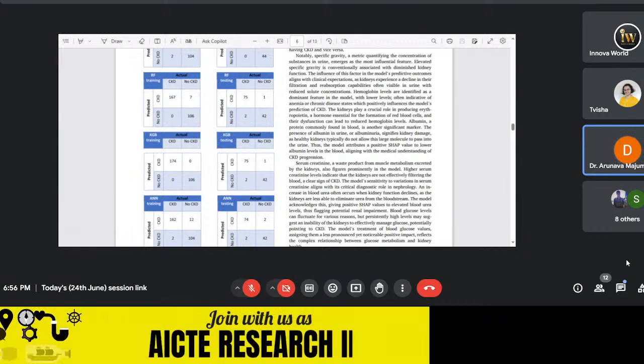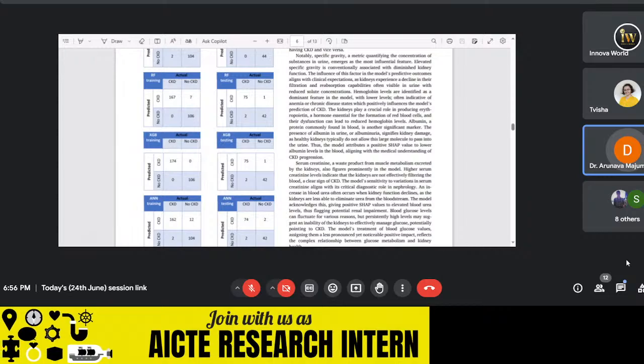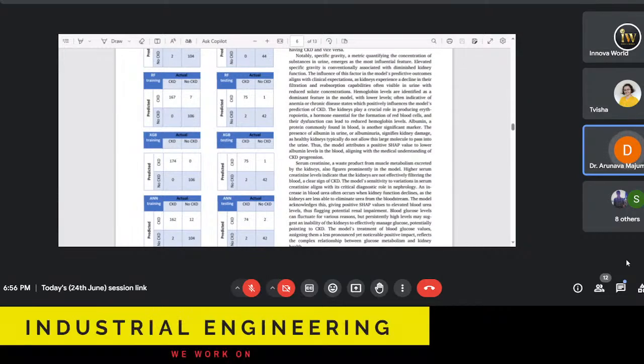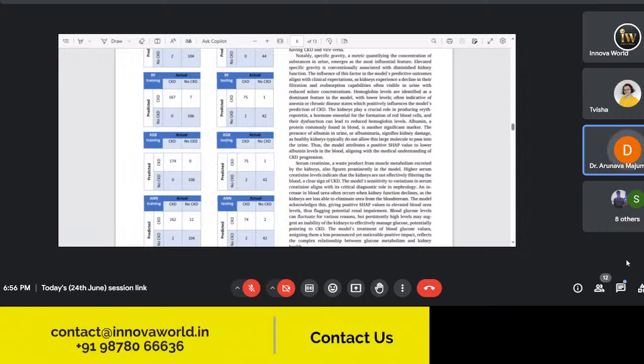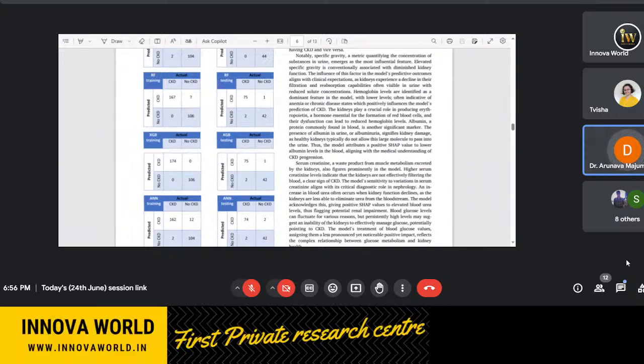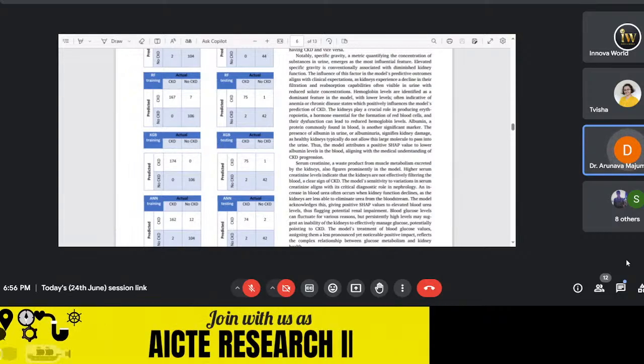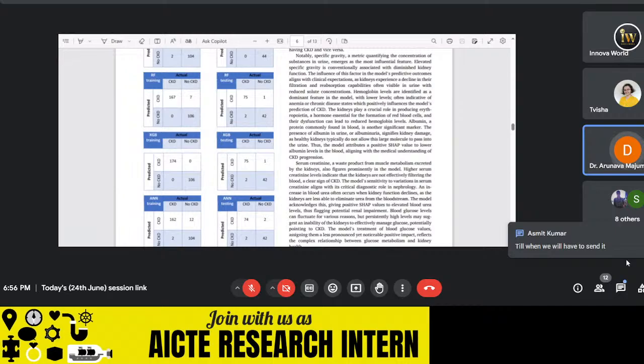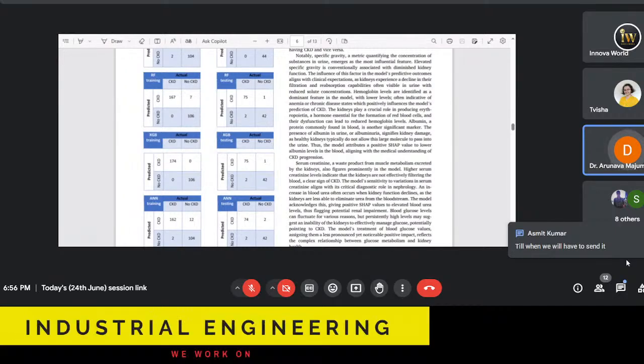How to optimize: in the next two or three classes, I have dedicated time to optimization in MATLAB and optimization in Lingo. Those software are already discussed. So for continuous data set models, I will give you the optimization techniques. Your paper will be created with regression and then optimization. But for those who have a classification model,